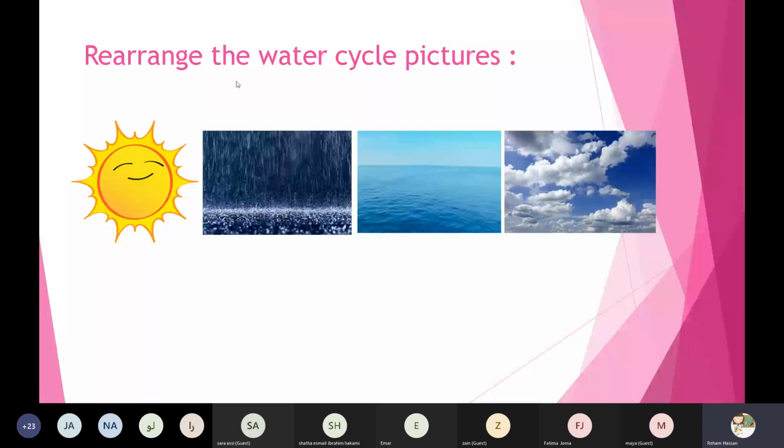Wait, honey, close your mic, please. Okay. Say yes. So Athir, look here. Athir, can you rearrange this water cycle?